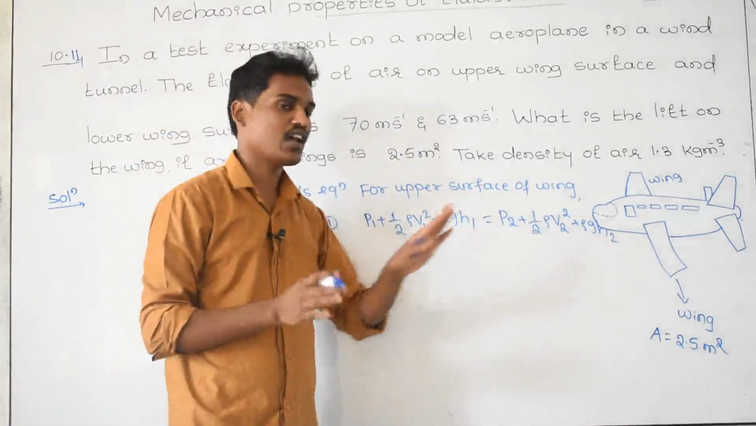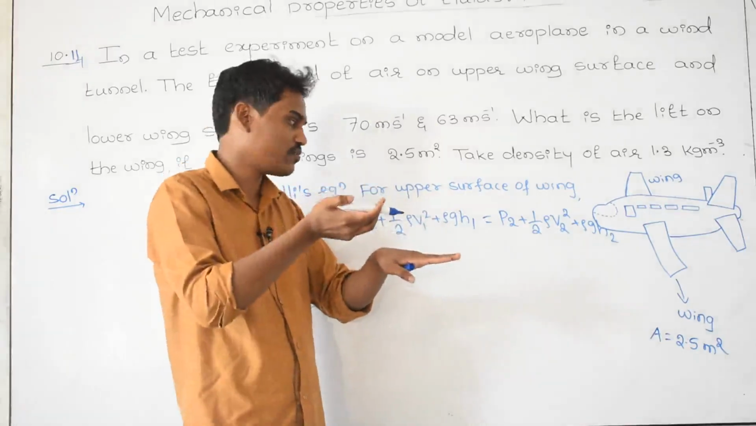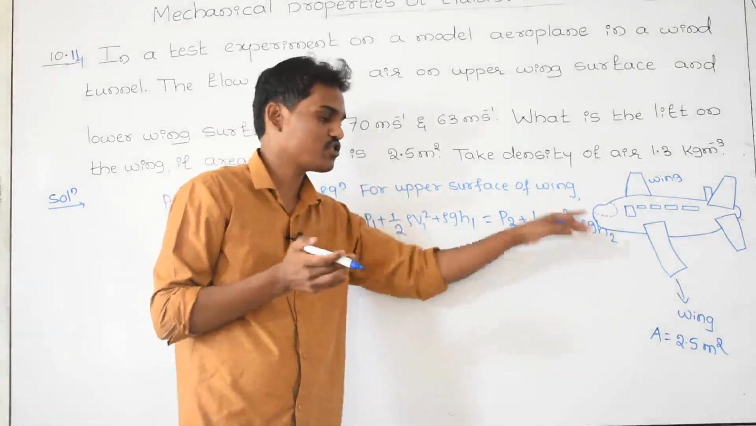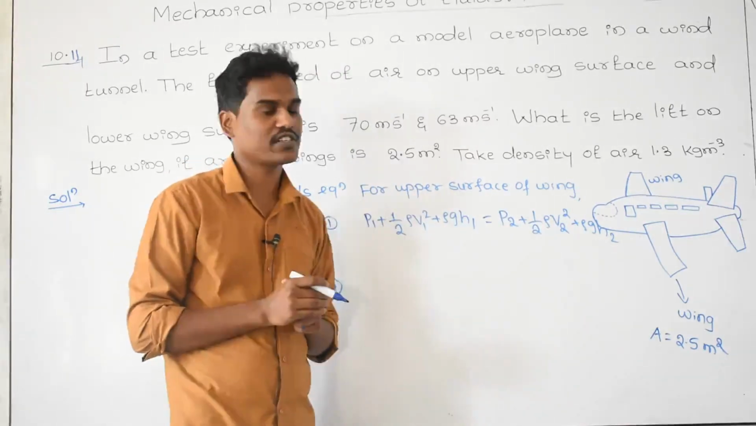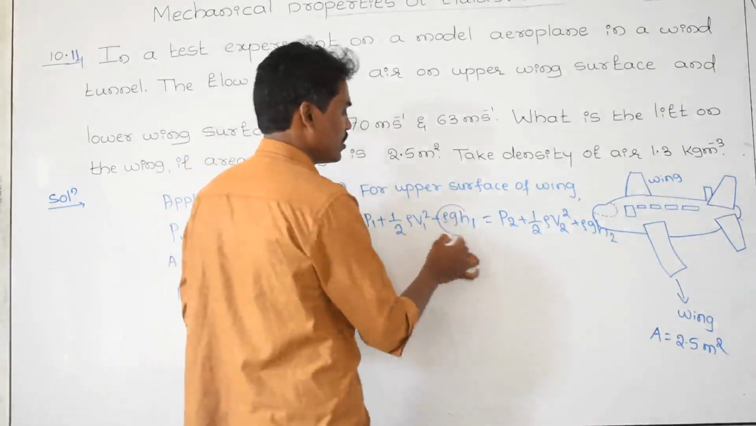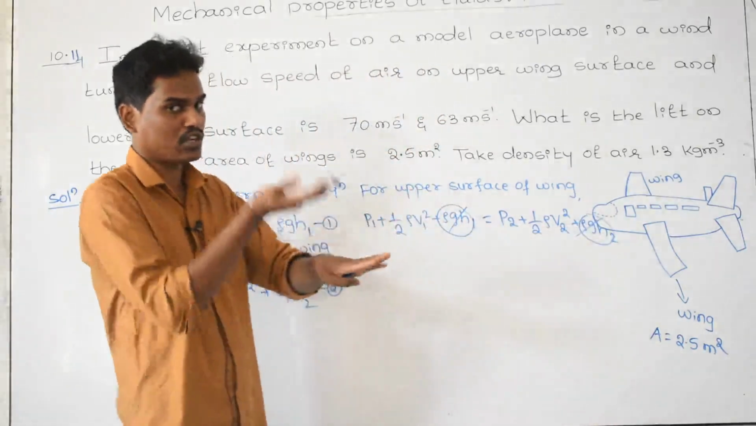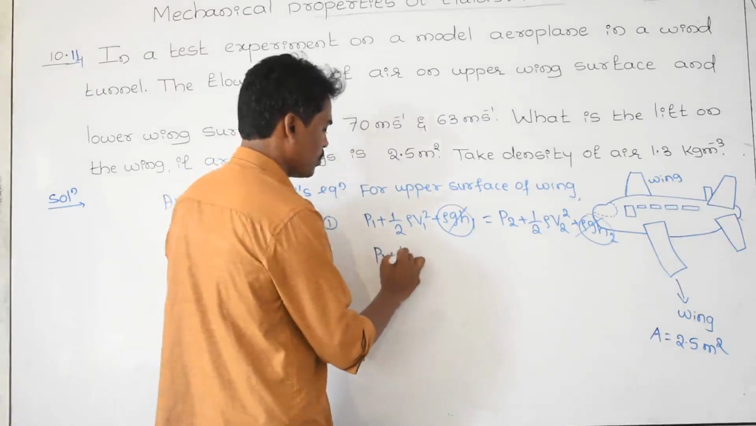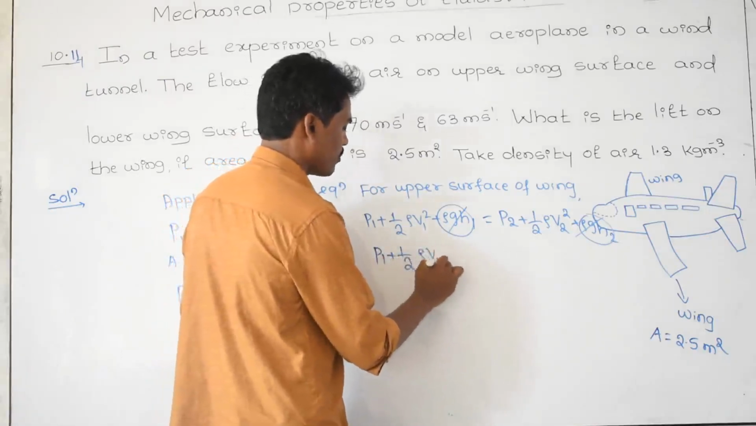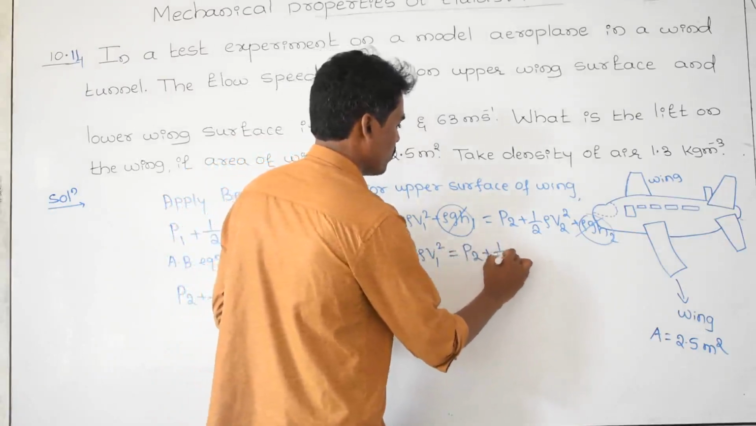H1 and H2 are almost the same, because the upper surface's height from the ground is H1 and the lower surface's height from the ground is H2. Since H1 and H2 from the ground surface are almost the same, these two terms get cancelled. And what is remaining? P1 plus 1 by 2 rho V1 square is equal to P2 plus 1 by 2